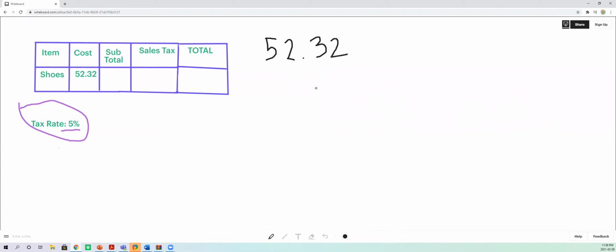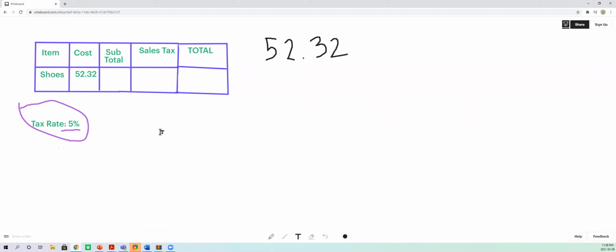And your tax rate is 5%. Now, they have not given us the information as to how many pairs of shoes this gentleman bought when he bought this, or this lady bought when she bought this. So our subtotal can be assumed to be just the